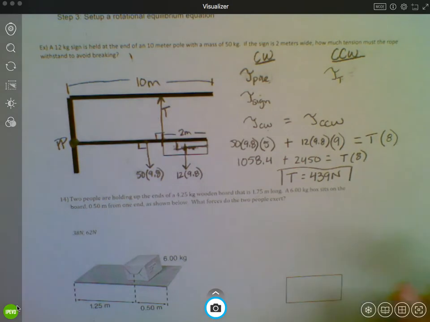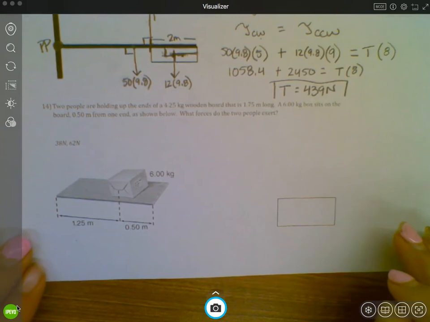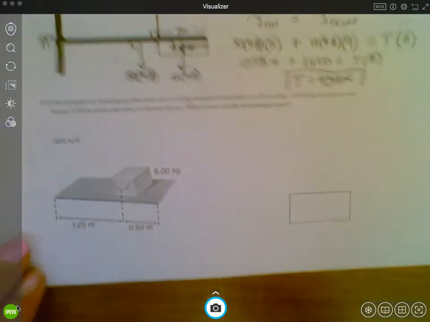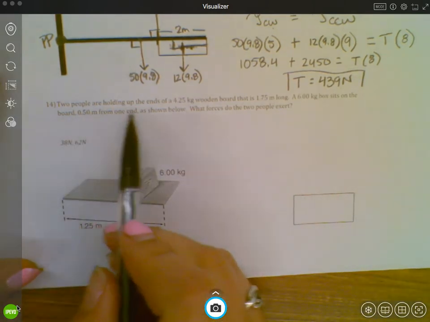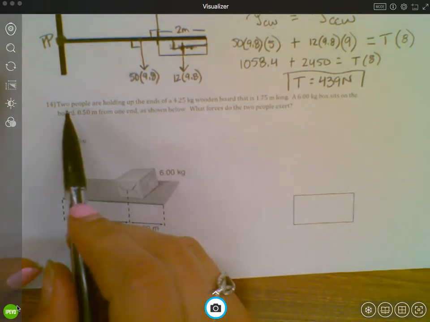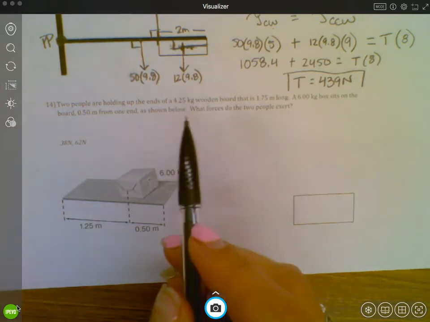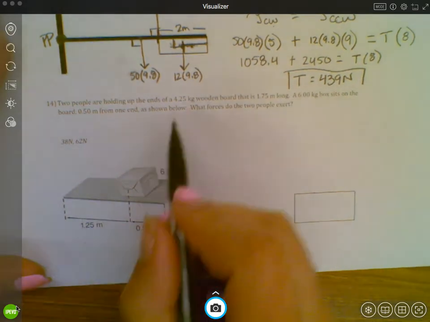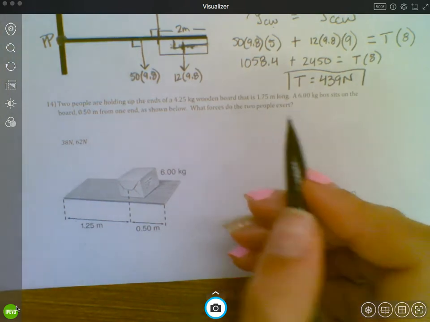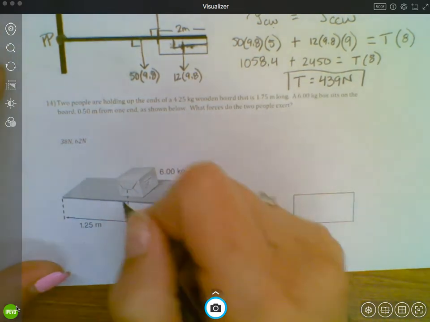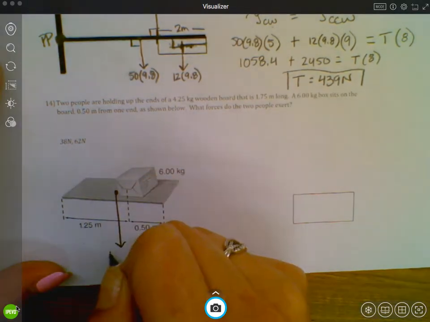All right, let's do one more, just to get you guys used to it. We're going to practice a lot in class, but try and follow the steps here. Two people are holding up the ends. This one's kind of hard. There's 2 forces. Two people are holding up the ends of a 4.25 kilogram wooden board. If the mass of the board is 4.25 and they didn't tell us that the center of gravity is anywhere but the middle, then I'm going to assume that the weight of the board comes from the center. So this is the weight of the board,